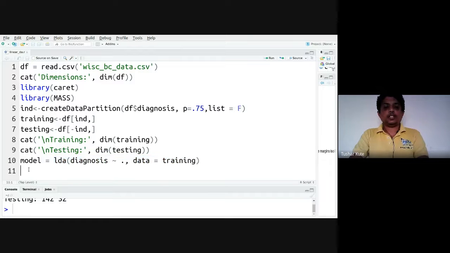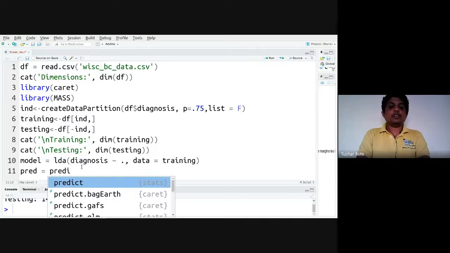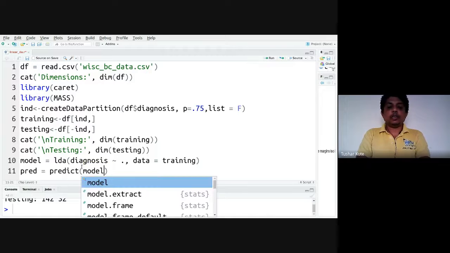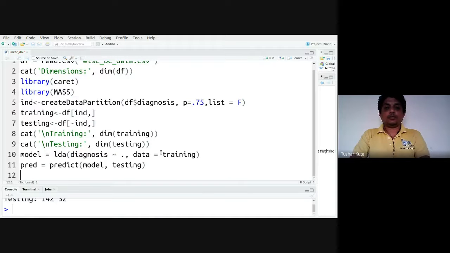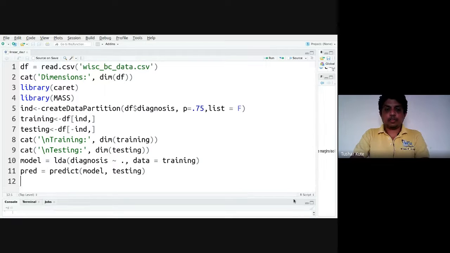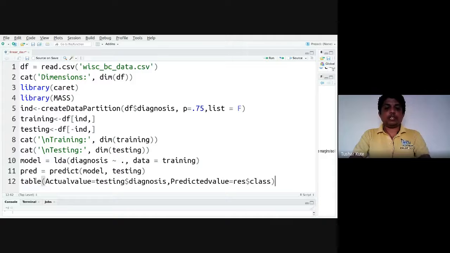This is used for predictions in class format. Now let's do the predictions. pred is equal to predict using the LDA model, comma, testing data as the input. Done the predictions.